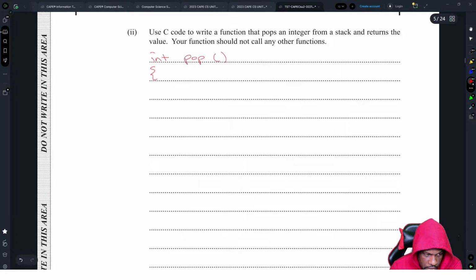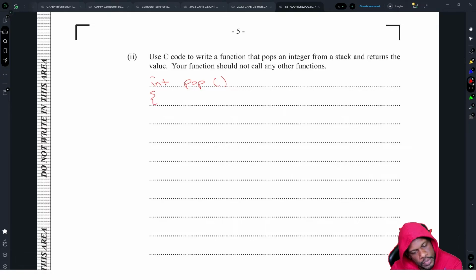So in pop, the first thing you have to do when you have to do a pop is create a variable. So int value, something like that. To go through a stack, for pop, you have to check to see if it is not empty. If it's empty, you can't pop back anything, right? So you have to do an if